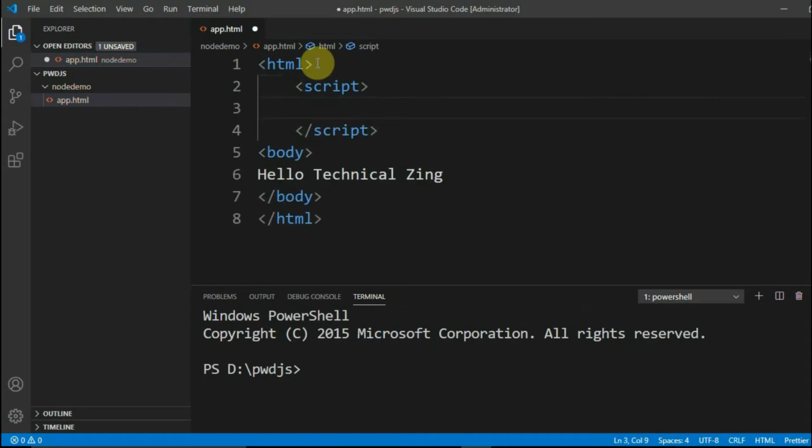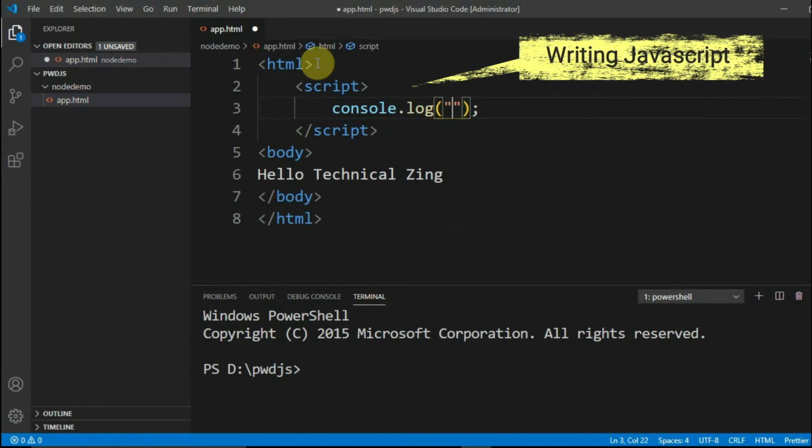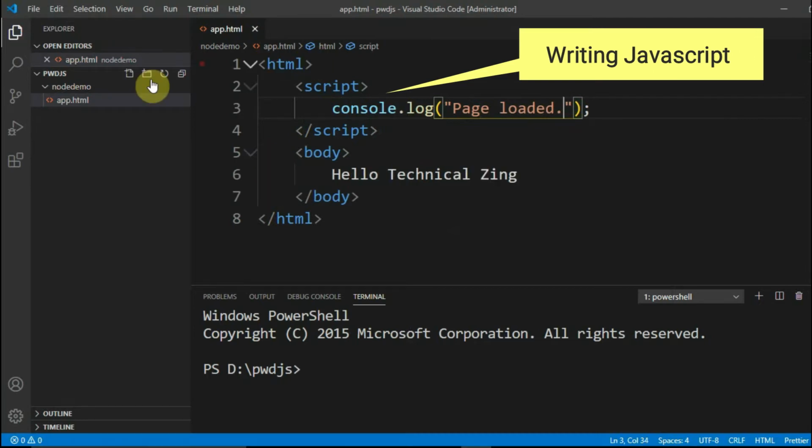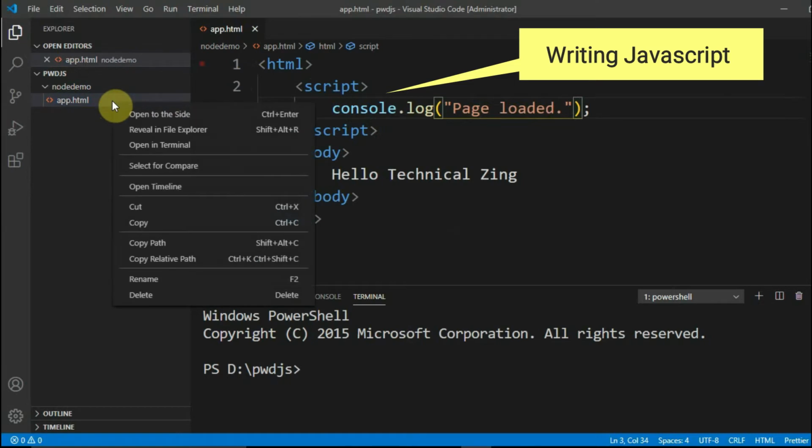Inside script tags, I am simply writing console.log page loaded. Let me save the HTML page and open it in browser.